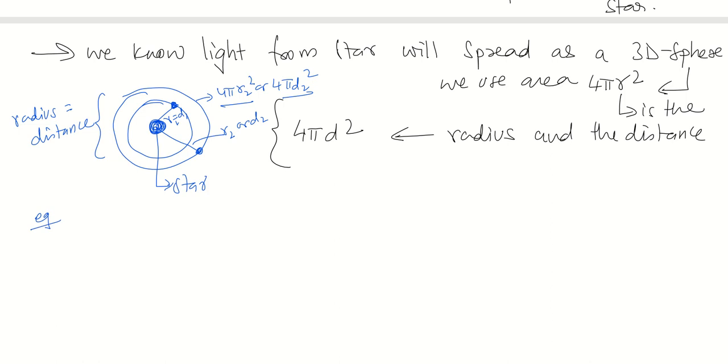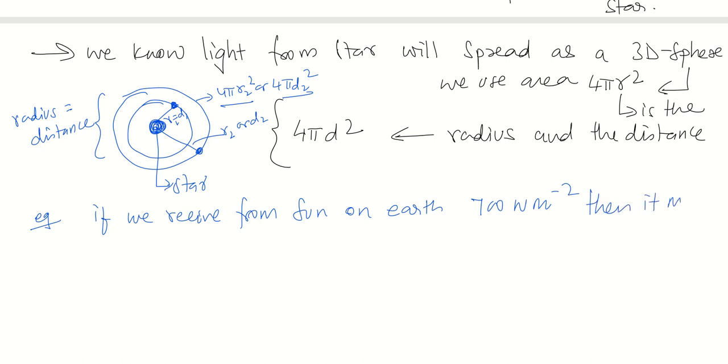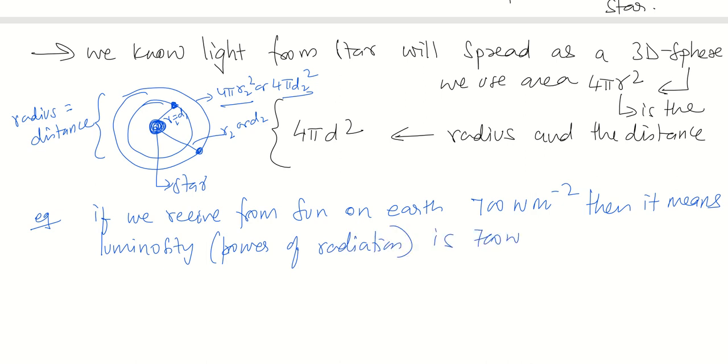For example, if we receive from the sun on earth 700 watt per meter square, then it means luminosity, or the power of radiation, is 700 watt, and we are receiving it per unit area. Okay,